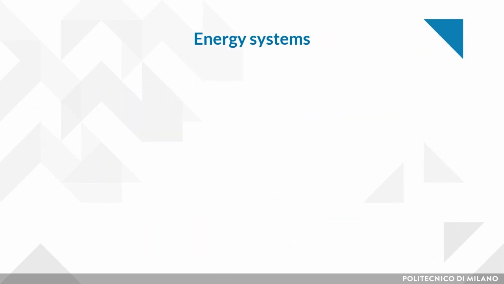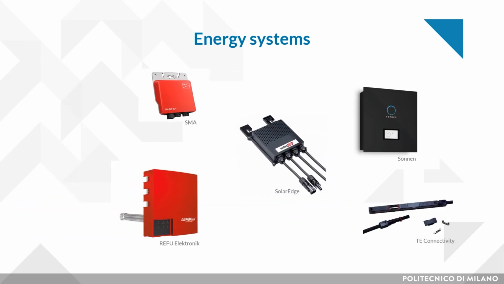By energy systems, we mean the devices that are used to manage the produced electricity within the building. For instance, they can transform DC into AC, control and optimize the electricity flow, store it, or use it for the building heating and cooling. In this slide, you can see an inverter with integrated battery, a microinverter, a special junction box, a power optimizer. They can be helpful in handling several issues of BIPV, like the aesthetics.